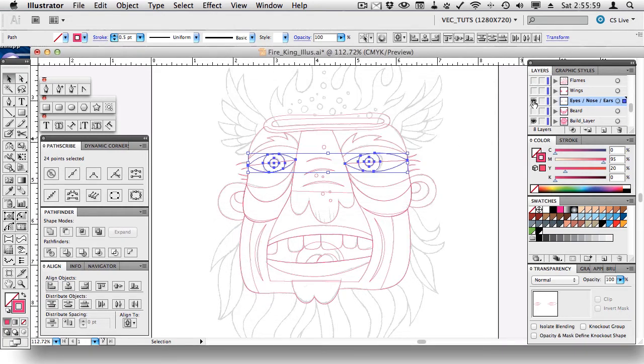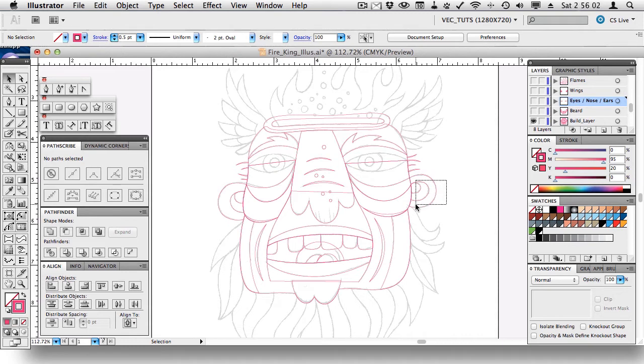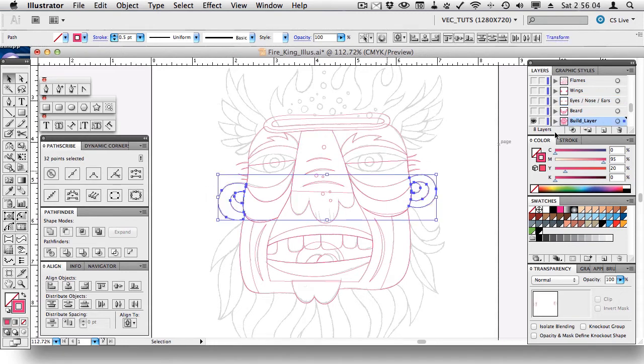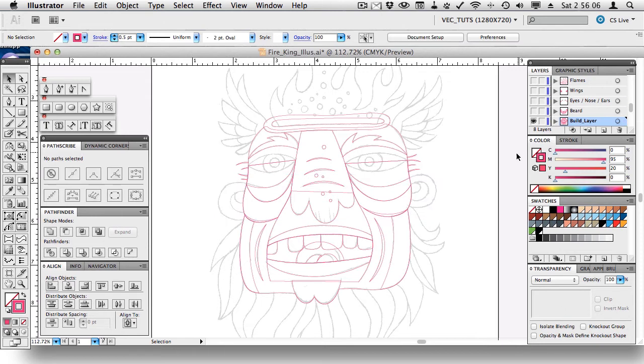So put the eyes there first, select the ears, the ears there,